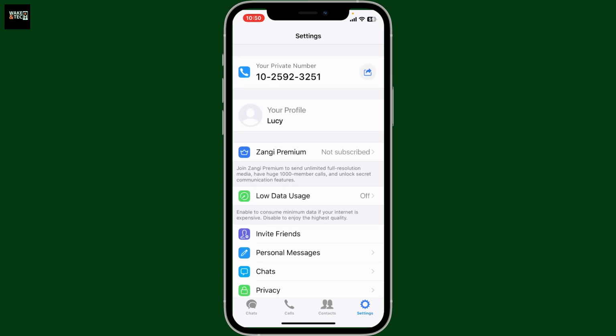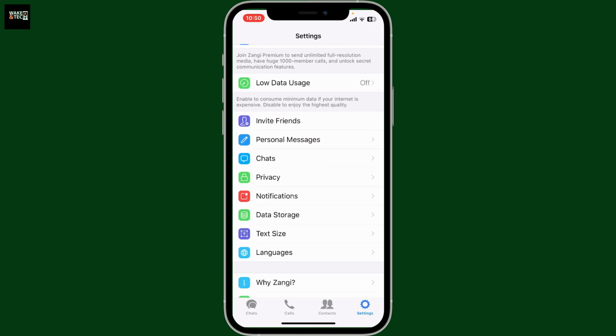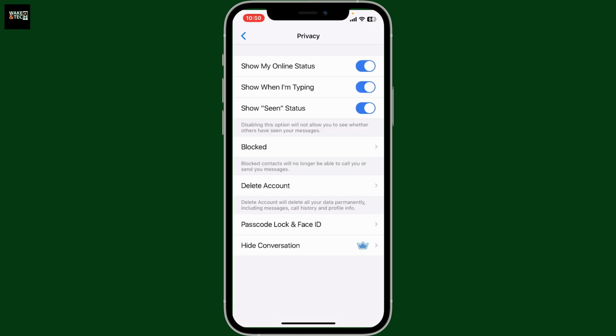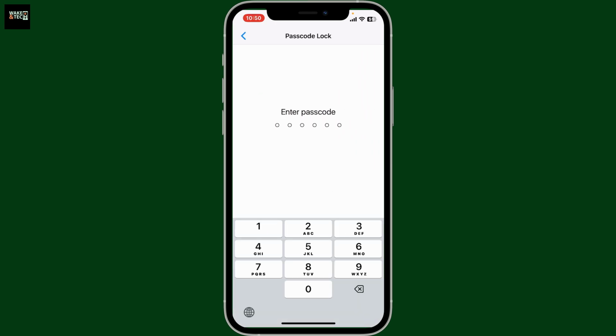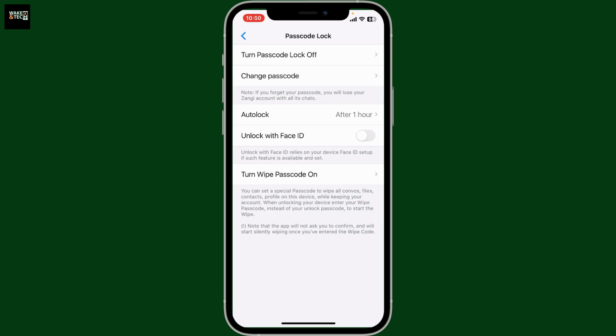Within the settings menu, scroll down and tap on privacy. Inside the privacy section, tap on passcode lock and face ID. Enter your current passcode lock in the text box. Now, on the next page, to disable passcode lock on your Zangi app, tap on Turn Passcode Lock Off button